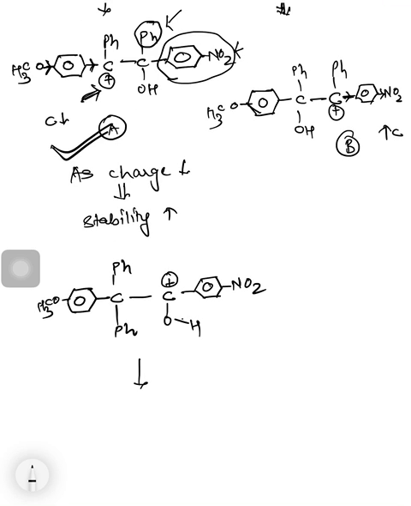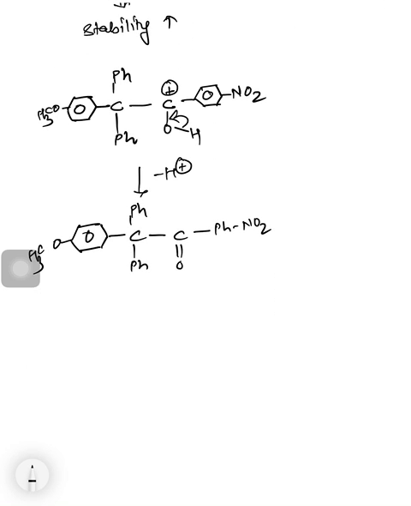With the elimination of H plus in the last step, deprotonation, there will be formation of C double bond O, Ph with the NO2 group, while this carbon atom will have Ph and the remaining benzene ring with the OCH3 group. So in the pinacol pinacolone rearrangement, we have to know the sequence of